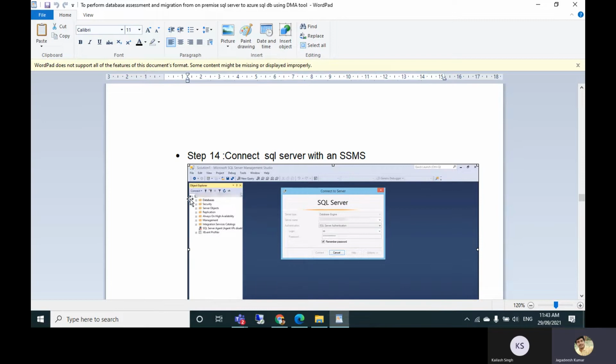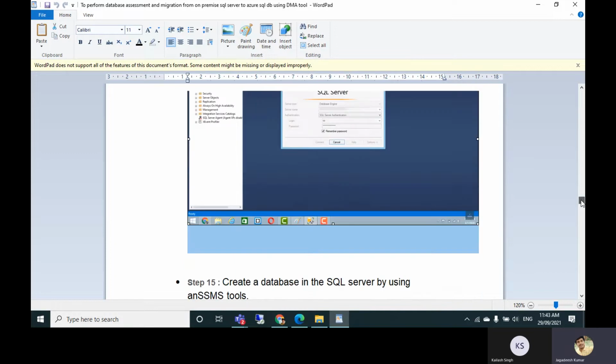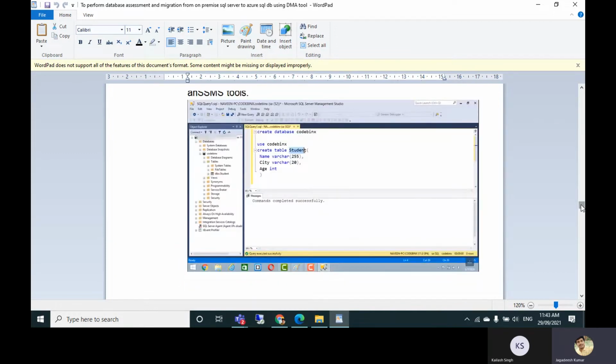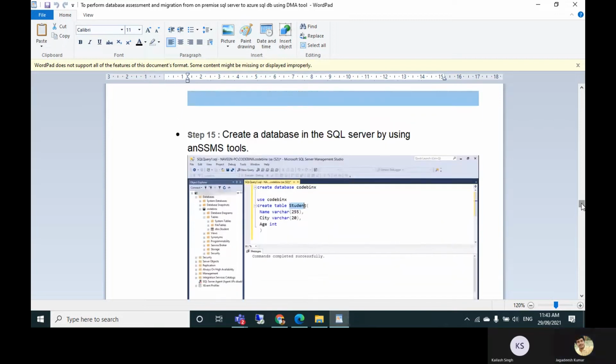If this pop-up comes up, it means you are successfully connected with that SQL Server. Then SSMS is connected with the SQL Server. We can perform operations like creating a query, retrieving a query, or migrating a query. SSMS is just a tool. We can fully access the